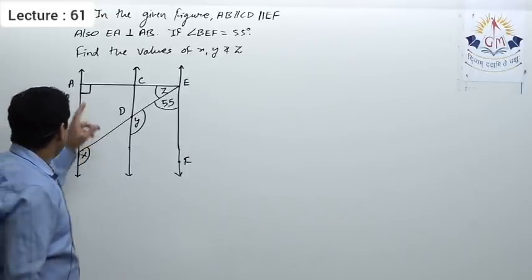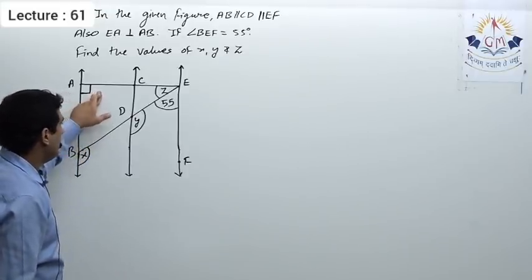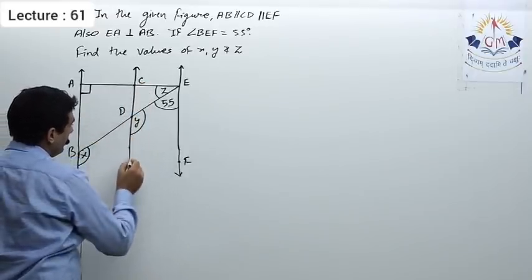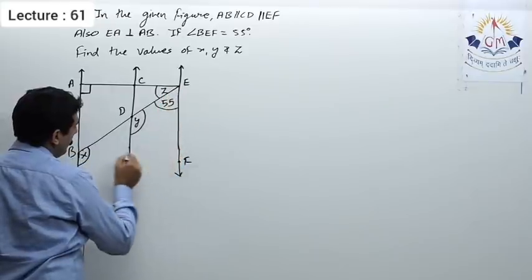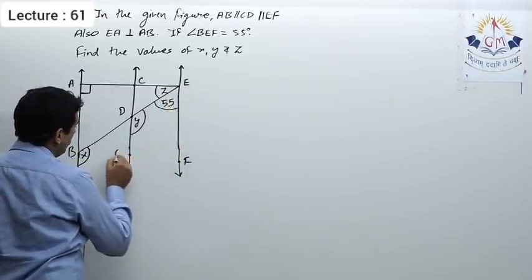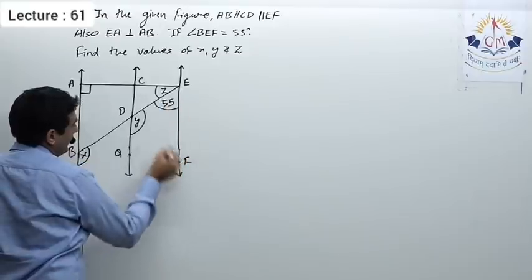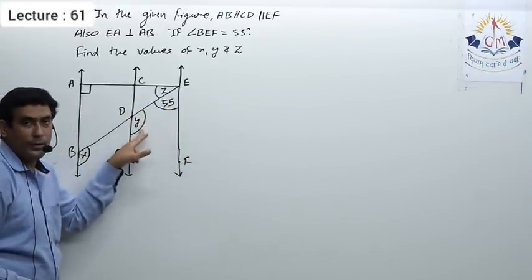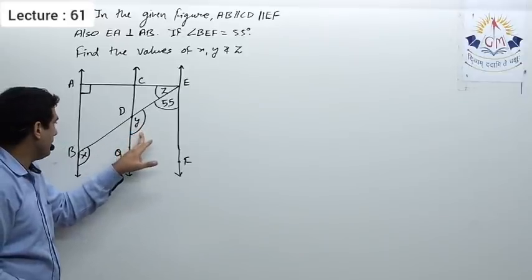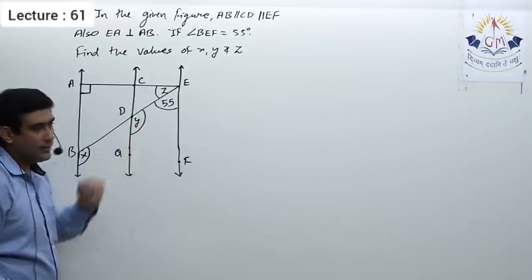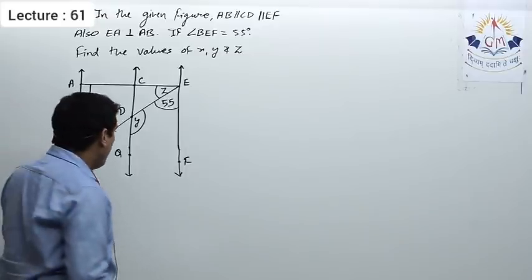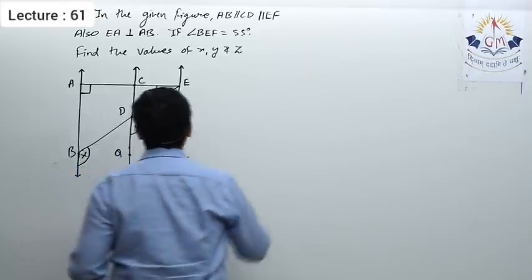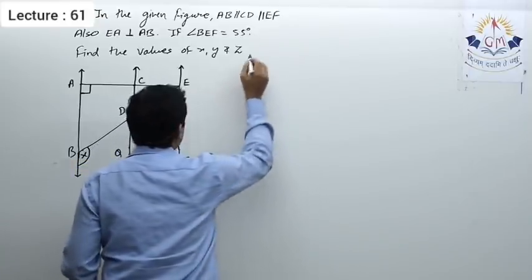So it's very easy. Even though 90 degree is not given, sufficient information is there. See, it is given CD parallel EF. Suppose this point I am saying Q, as CD parallel EF, I can say CQ parallel EF. So these two are co-interior angles, so their sum will be 180. That gives us Y, and X and Y are corresponding angles, so we'll get the measure of X as well. Okay, so let us see how to solve this.